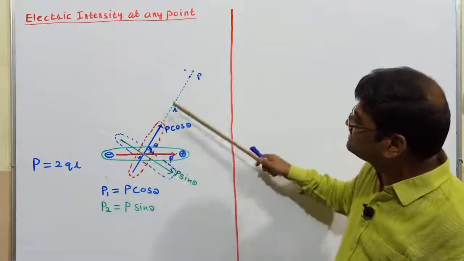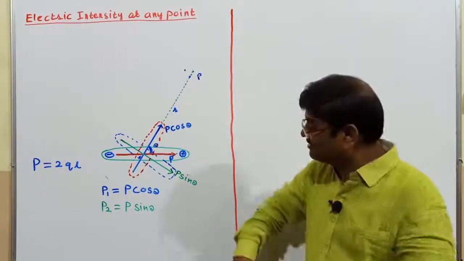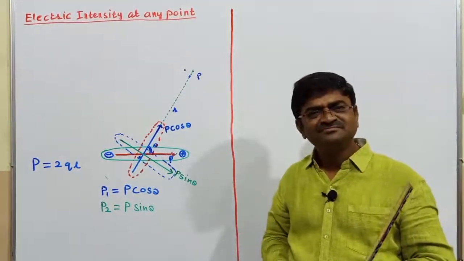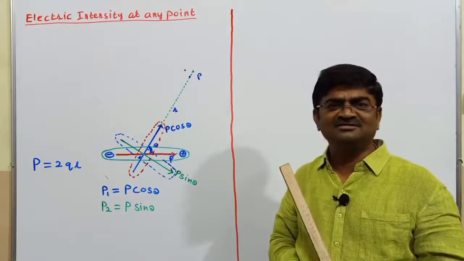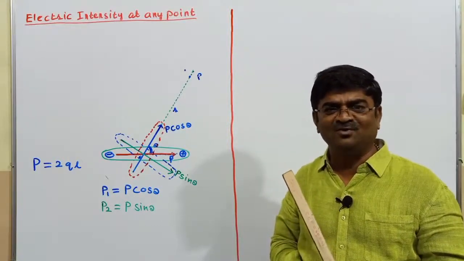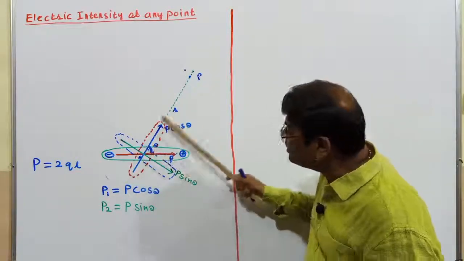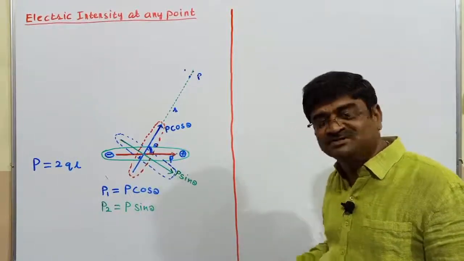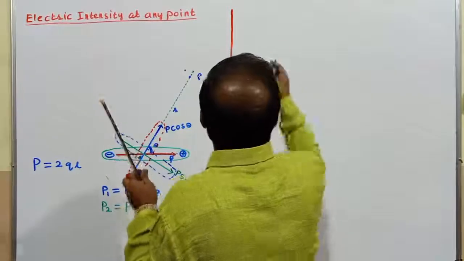This is my axial line. So where is P then? Due to this dipole on the axial line, I know how to calculate electric intensity on the axial line of a short dipole. So for the contribution by this component of the dipole, for simplicity by this dipole, I would say I get that as